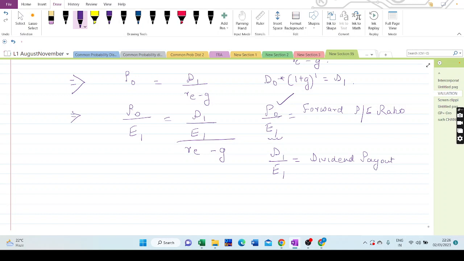Guys, do you remember what dividend payout ratio was? DPR was DPS, dividend per share, divided by EPS, earnings per share. And what did DPR signify? The percentage of profits that we pay out as dividends. So P0 by E1 is my forward PE,